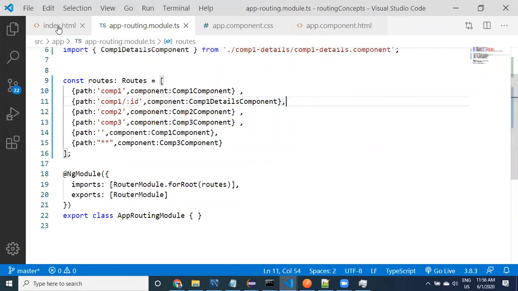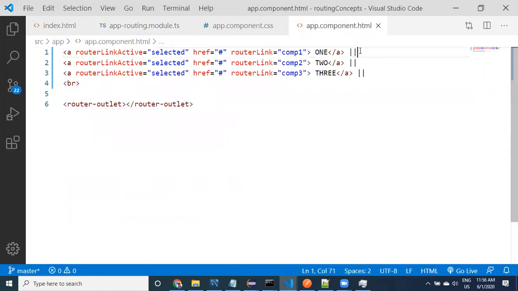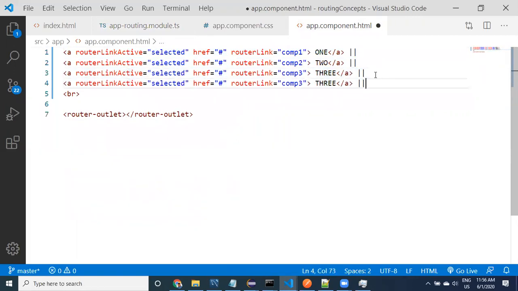Now here in the app component, I will add one more link. What is the path that I have to take? Comp1 slash sum1. See here, guys, of course we are passing this data directly.